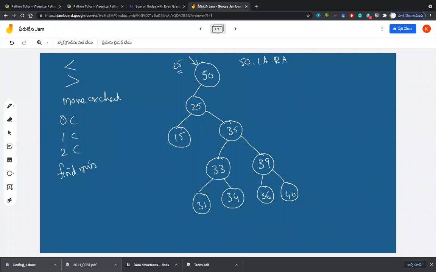I hope you are getting the idea now. So 35 will be received in find minimum. From there I traverse the whole thing in-order or pre-order or post-order, whatever it might be. So I will get a list of all those things like 31, 33, 34, 35, I think this is in-order, 36, 39 and 40. What is the minimum among these numbers? 31. The minimum is 31.